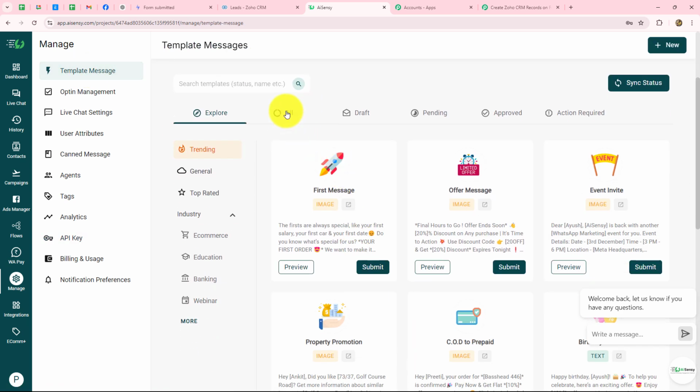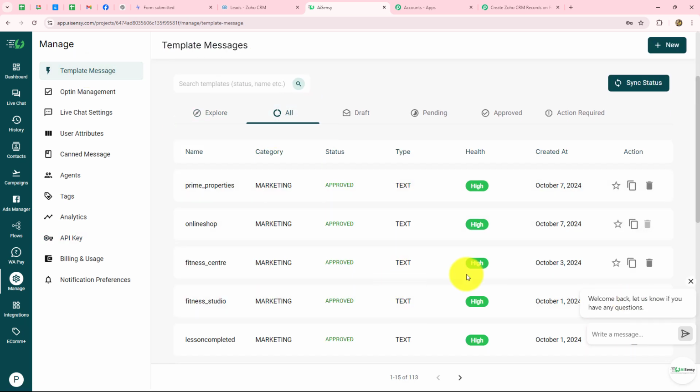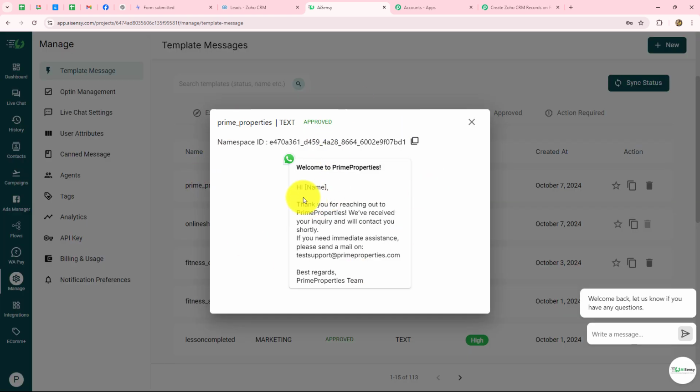So these are all the templates I'm having. Okay, I have created them for different purposes. Among these templates, this is the latest template which I have created for sending confirmation messages to the leads of my real estate agency. Alright, so the name of my template is Prime Properties. When I'm going to open this template, you can see that this is the preview message. Okay. So I'm going to send the message to all my leads like this,